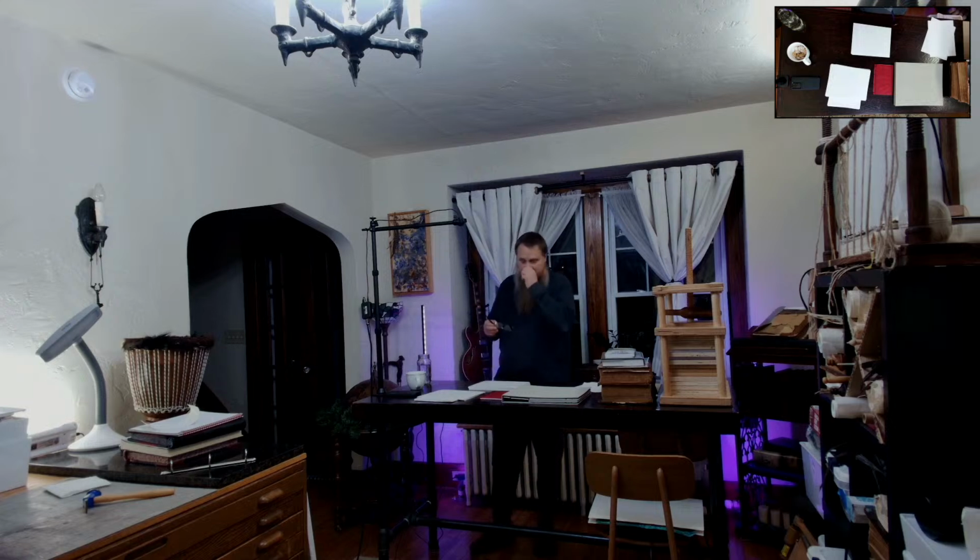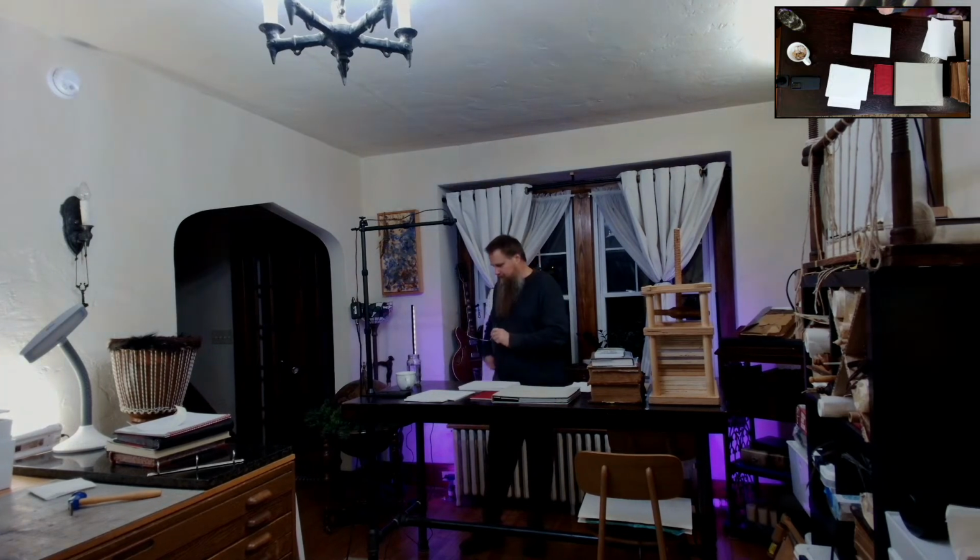A lot of times if I have an apprentice, this is one of the first books that I have them make, stab bindings. I don't have them do all 4 different styles, but